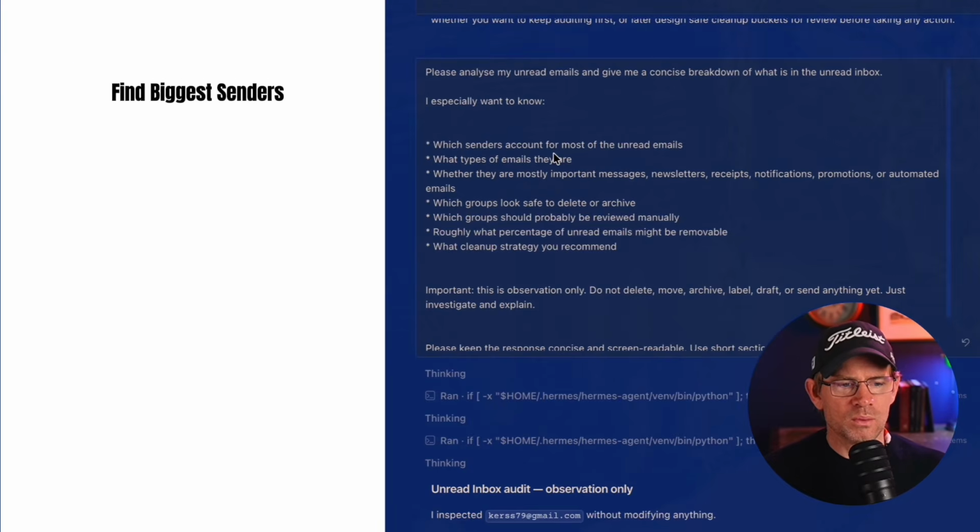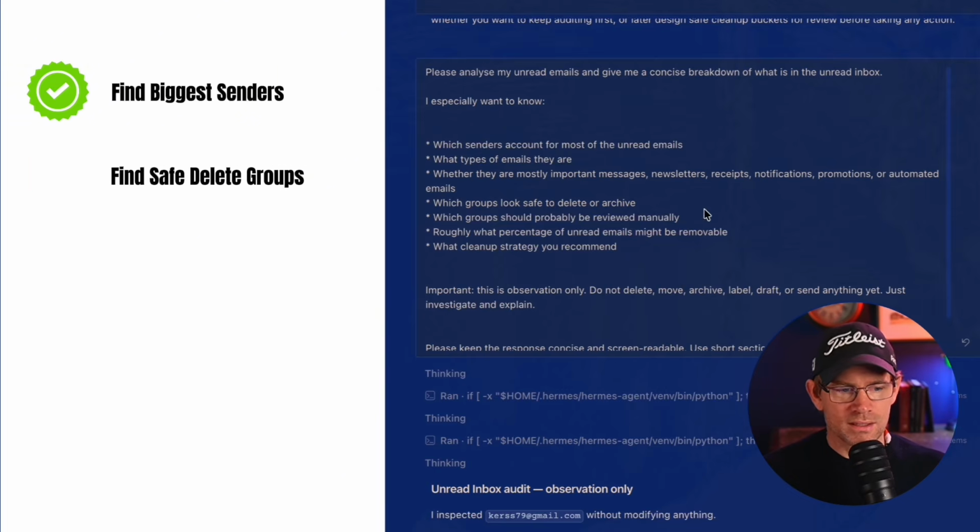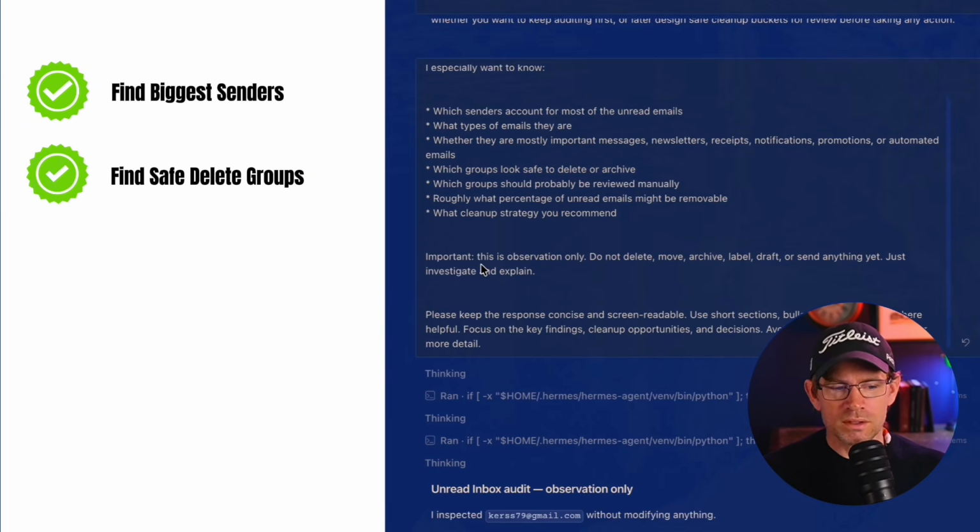Which senders were accounting for most of these emails? Which groups look safe for delete? I gave it the instruction: look, important, observe only, do not delete. So it comes back